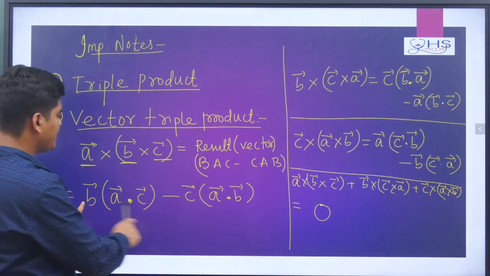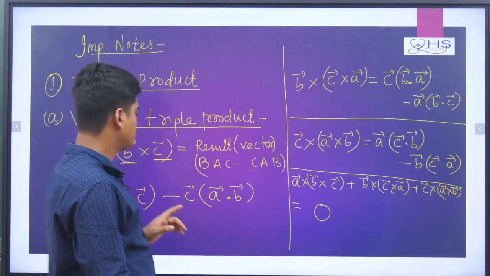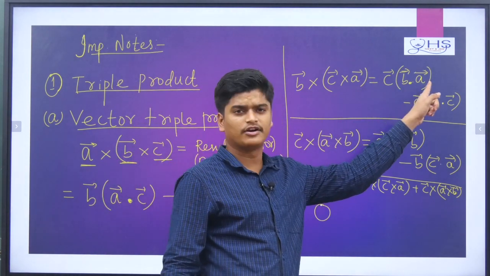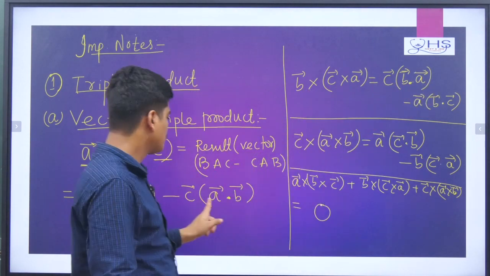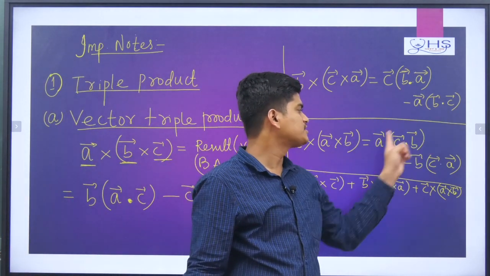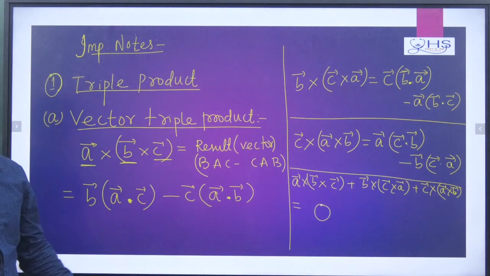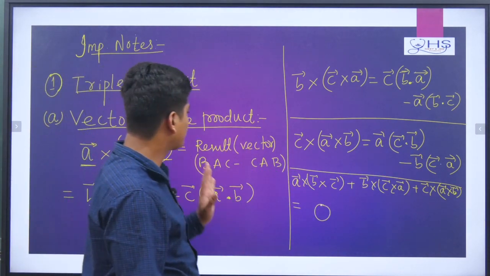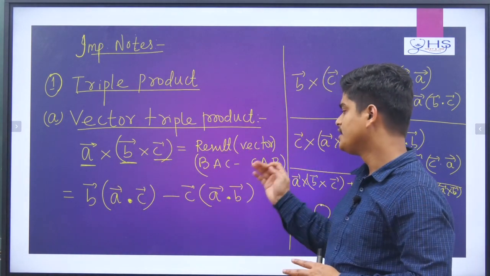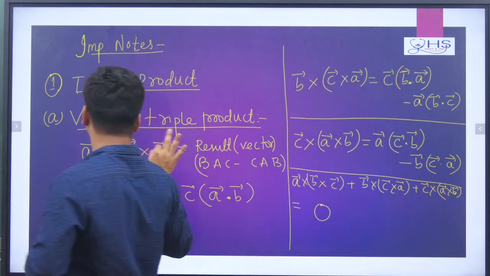You see here B A dot C will be cancelled with minus B C dot A when you add. Similarly, minus C A dot B will cancel with plus C B dot A, and remember A dot B and B dot A are the same, so that's why these two will get cancelled. And similarly, minus A B dot C and plus A C dot B will get cancelled, so your answer will be 0. So these things also you remember. So this is the vector triple product. Normally you can find it from the cross product also, otherwise you can go for this formula, back minus cap, for this particular sequence.